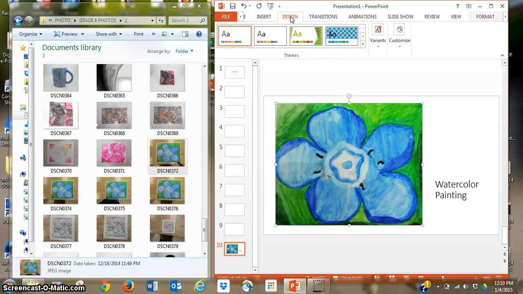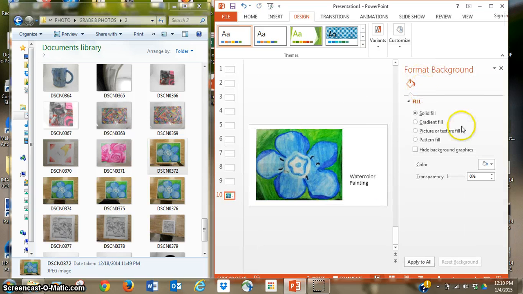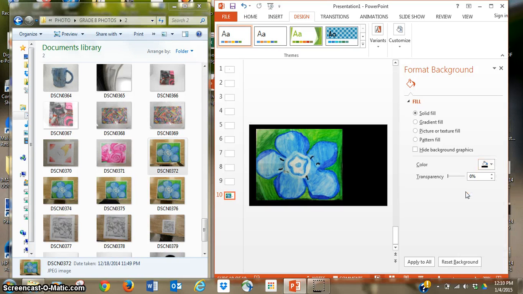Now, design is important for your slides. You want to keep it classic when it's a portfolio. So you don't want to have a bunch of wild transitions or backgrounds that don't seem to unify your whole piece. This is one piece. So customizing it, maybe keeping it white, keeping it neutral. You can change the background to be all of the same color. And black would be fine. If I apply this to all,